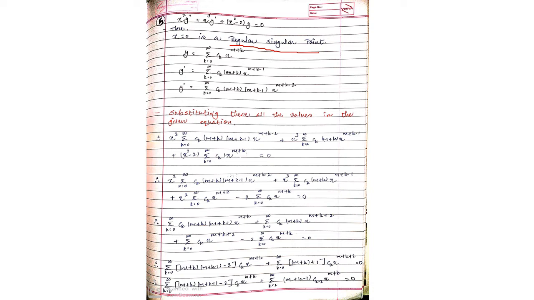Okay, so now next one. Now it is regular singular. So you have to apply its series solution, and that will be summation k equals to 0 to infinity c_k x to the power of m plus k. Okay, now see the components in the equation. Here it is given y dash and y double dash, right? So first we have to find y dash and y double dash. Then after that, substituting all these values into equation number 1. Okay, so x square as it is, here y double dash, plus x cube as it is, here y dash, plus x square minus 2 keeping as it is, and here यहाँ पे आएगा y.